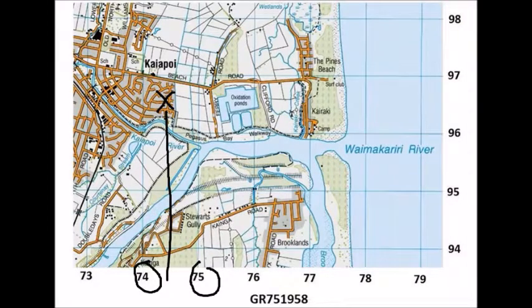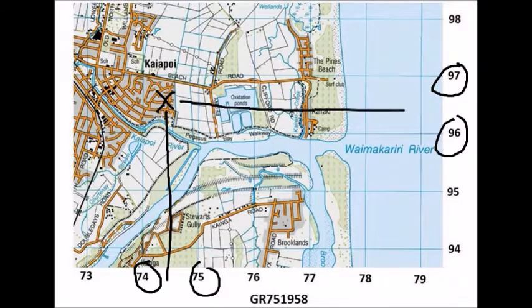To get the latter of these numbers, you simply repeat this process but on the side, finding the numbers that the point lies in between. On this one it's 96 and 97, and then estimating the distance in between the scale from 0 to 10, roughly 6, making it 966. So the point of location is